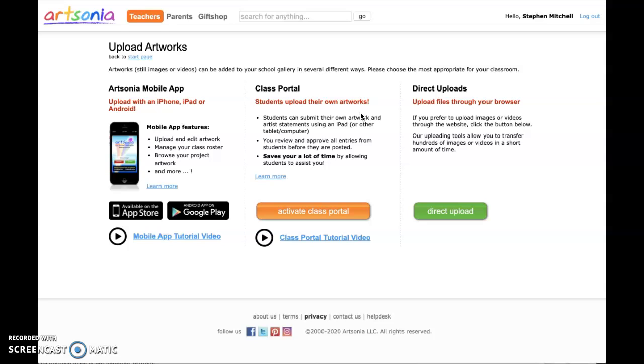You can upload it obviously through the app. You can upload art directly through files through your normal browser